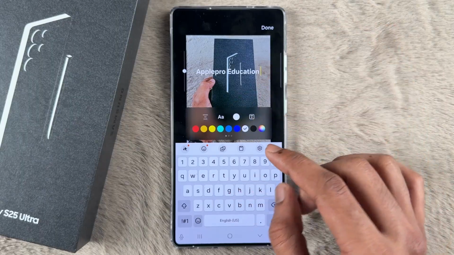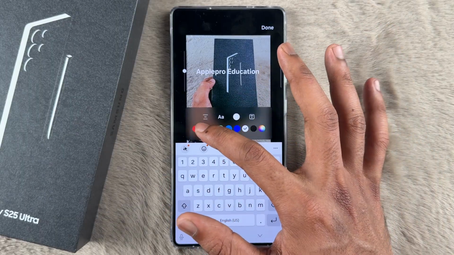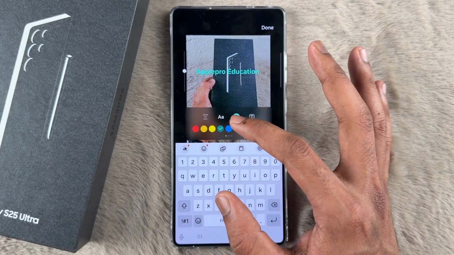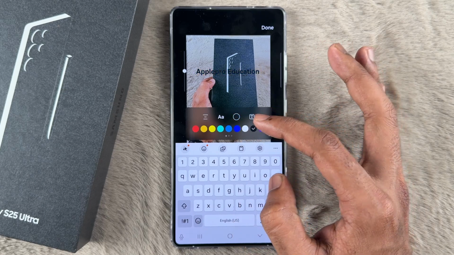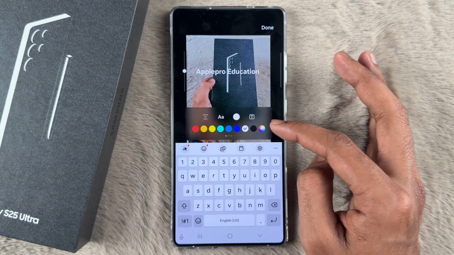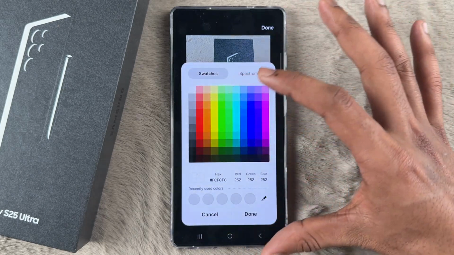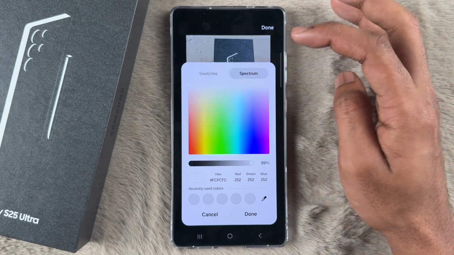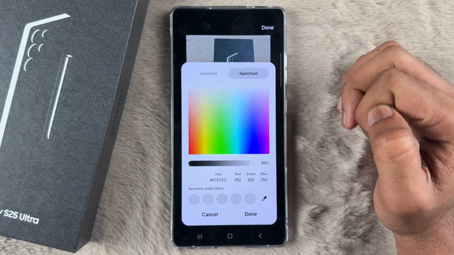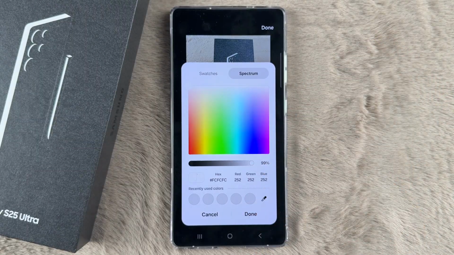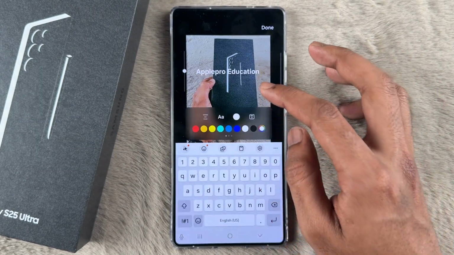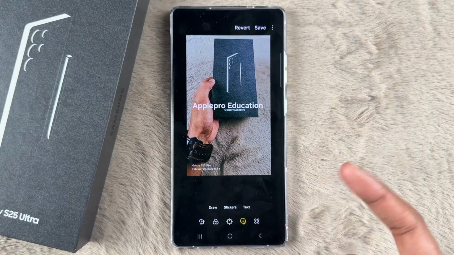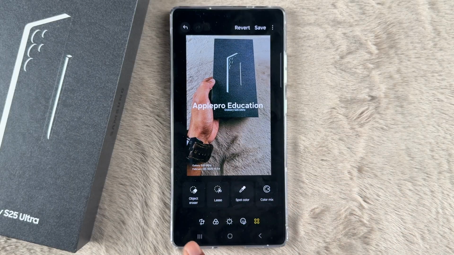Now from here you can just choose the color of your font. You can go with this type of colors if you want. So you can also get from this rainbow color. You can get all types of colors that you can select for the text. You can also select the spectrum, that is the combination of multiple colors. So let me set this here, and the last option is the four dots, where you can find the